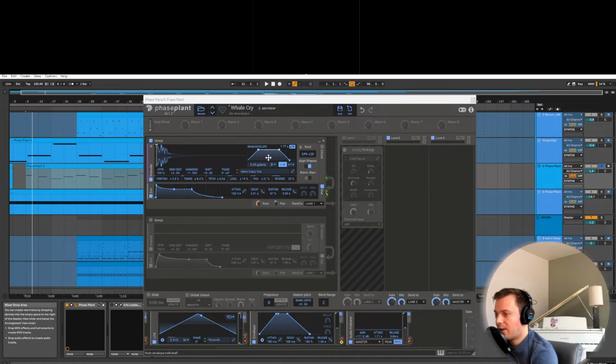I have the Granular Engine set up so that we have a density of about 3 grains playing back for this vocal sample. And a grain is kind of like a tiny little clip of this vocal chop. How tiny it is depends on how you have it set up. In this case, I have actually a pretty large grain, like over 1 second. But if I play this back,